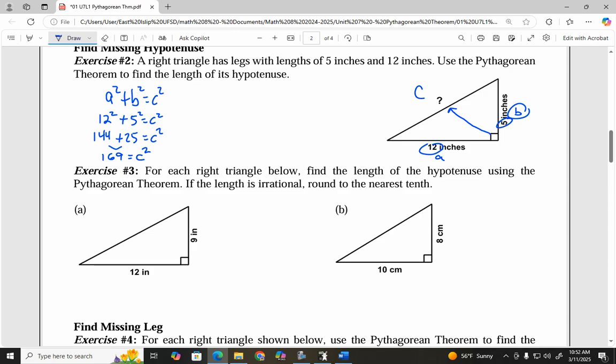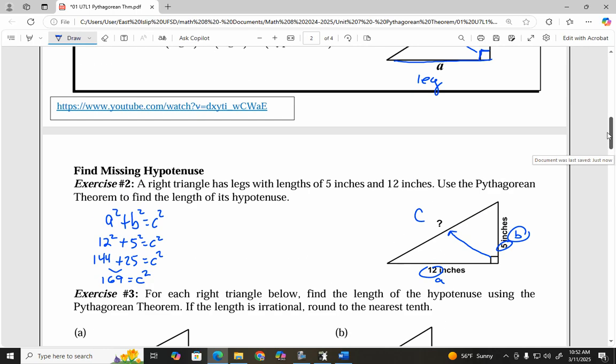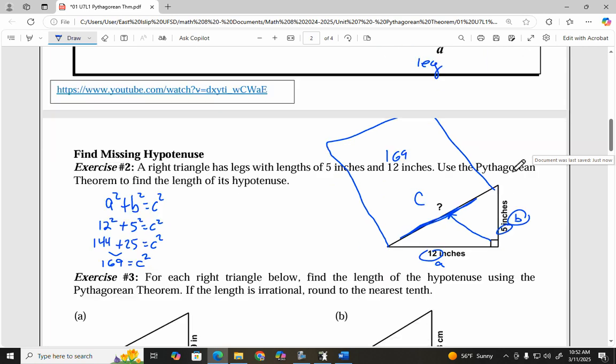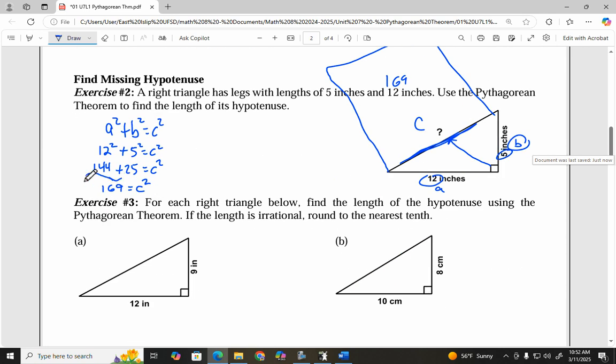Remember that video that we just watched? If C squared equals 169, that's really like a square on here whose area is 169. I need to know the side. So we need to square root. If you remember back to our other unit, when you see something like C squared equals 169, remember how we would take the square root of each side